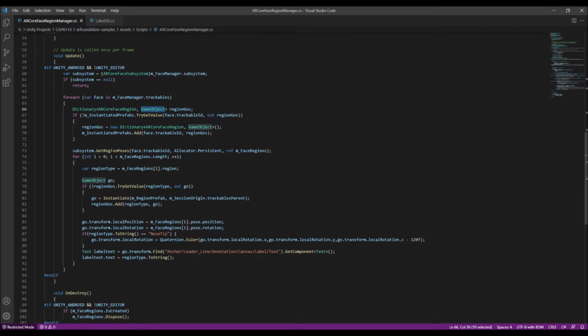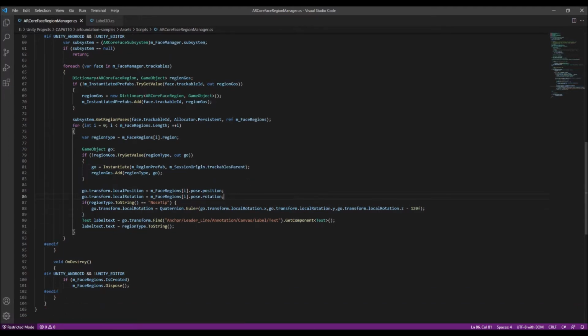And then I'm getting the regions using the AR Core SDK provided method and looping through each region that's detected, instantiating one of those 3D label prefabs, and then I'm adjusting its location and rotation to the same as the region. And then specifically for the nose, I wanted to change the rotation of that label so that it juts out in a different direction. And finally, I adjust the text on the label to the same as the name of the region that's provided